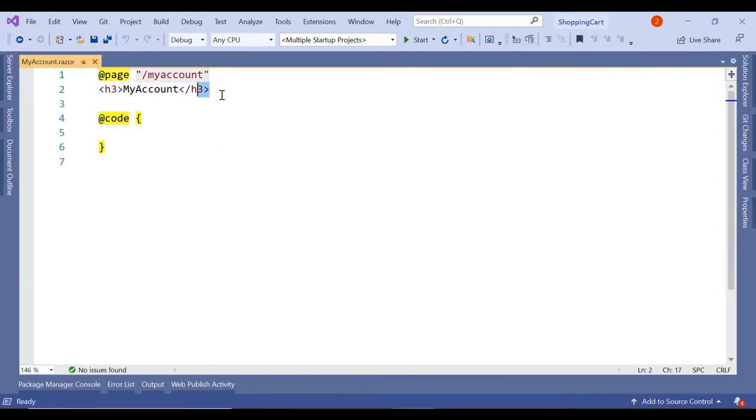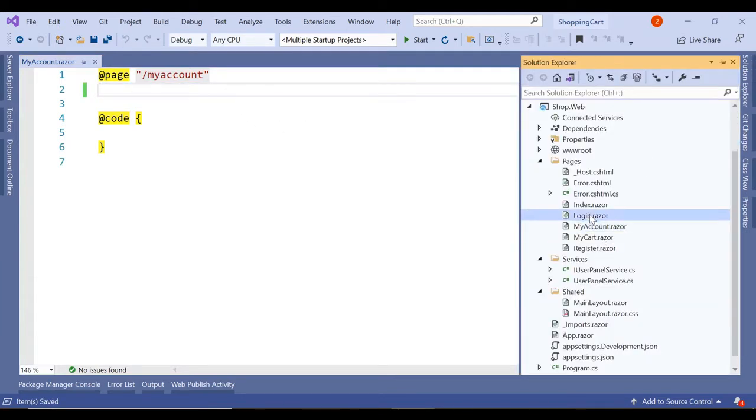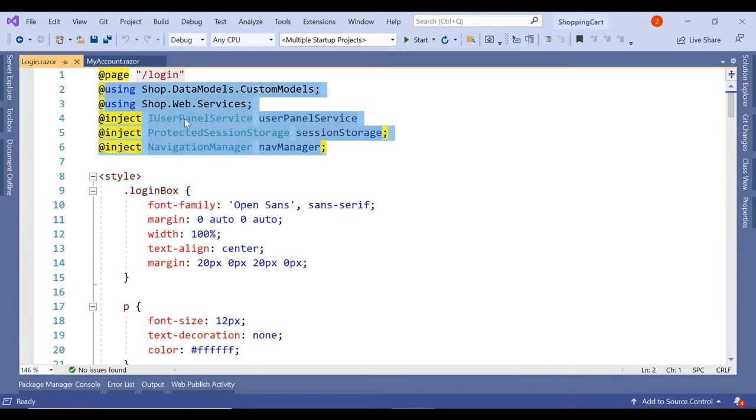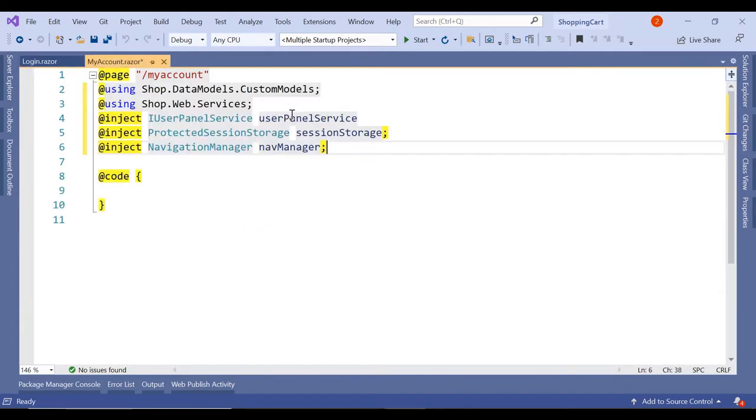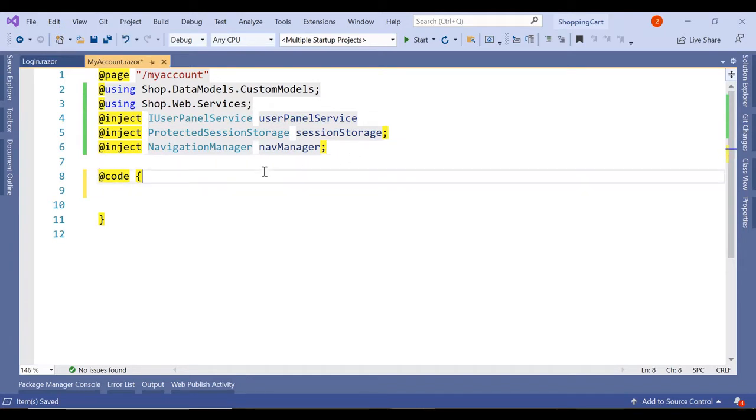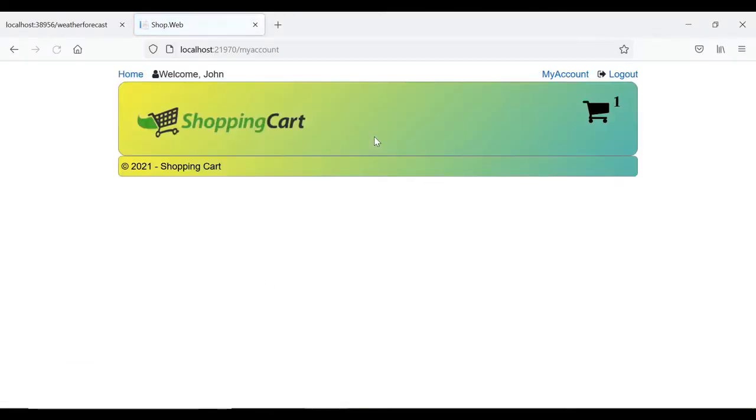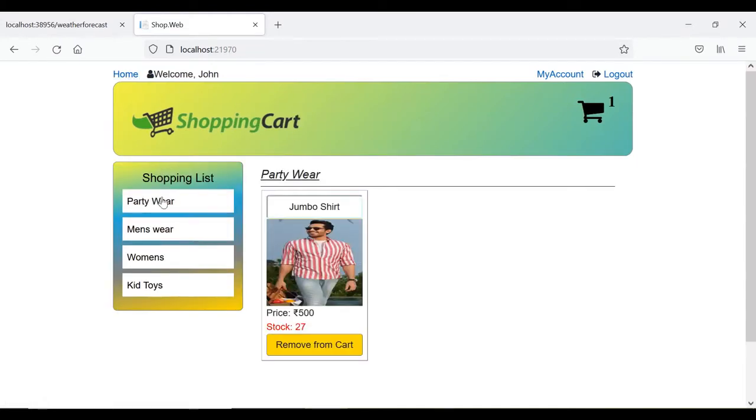So here, let's delete this heading and let's import all the required namespaces and paste it here. Now let's declare all the variables. On this account page we are going to use tab structure. On left hand side it's going to be similar to what we have on index.razor.